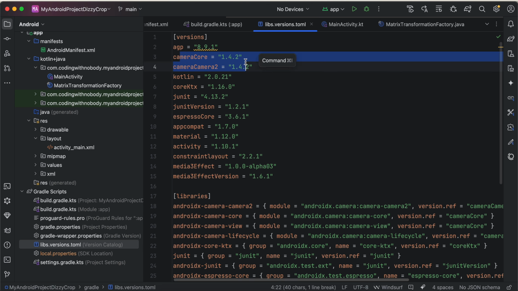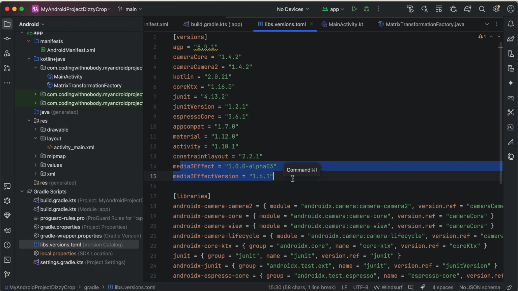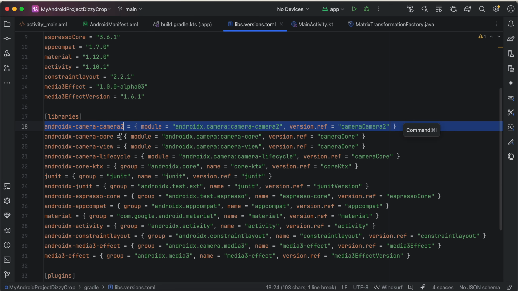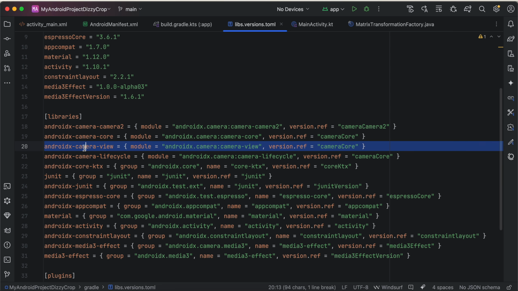So here you will have to add this camera core and camera 2 as well as this media 3 effect and media 3 effect version. Now media 3 effect is unstable at the time of me recording this video, it is in alpha. If it does become stable at the time of you watching the video, make sure you use the stable version. Then you will have to add this camera 2 dependency, then this camera core, then this camera view, then